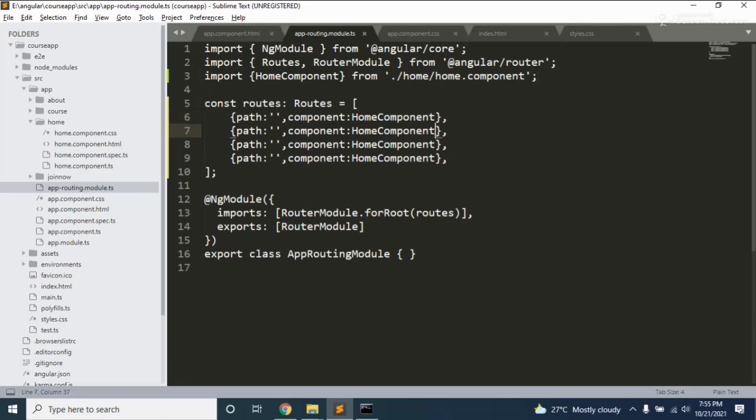Same thing with this. So what we do is about, we need the course component, and now join now, and now course, and about component.